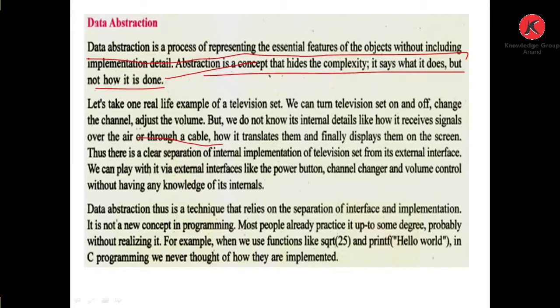Thus, there is a clear separation of the internal implementation of the television set from its external interface. We can play with it via external interfaces like the power button, channel changer, and volume control without having any knowledge of its internals. Data abstraction, thus, is a technique that relies on the separation of interface and implementation.